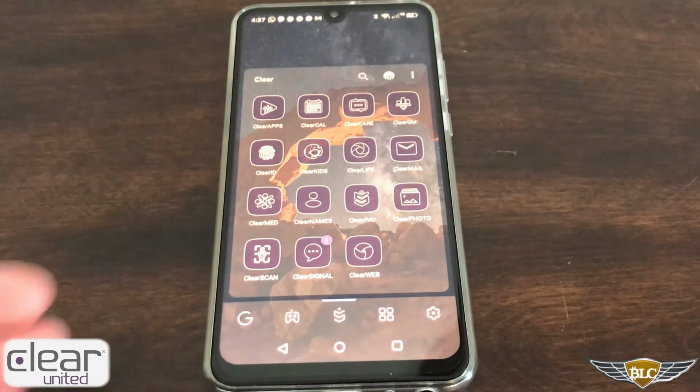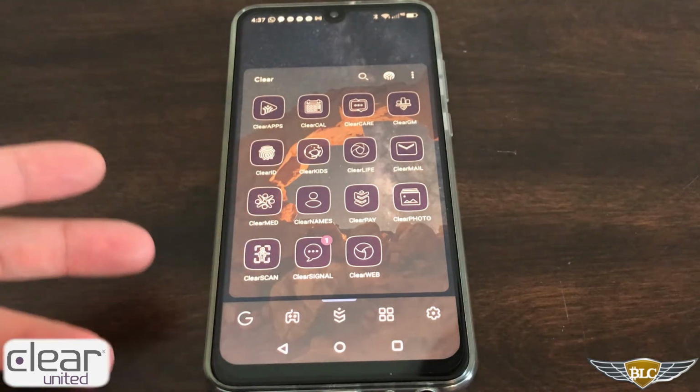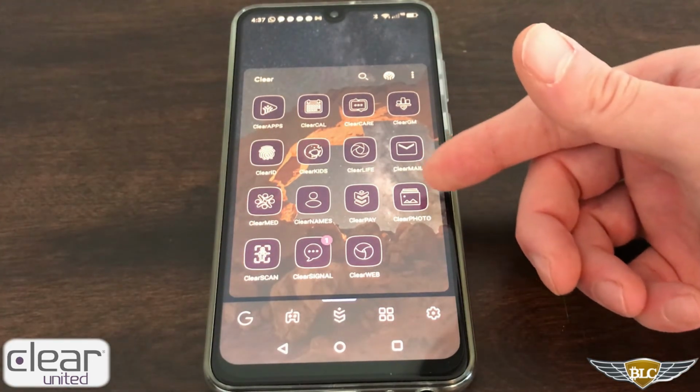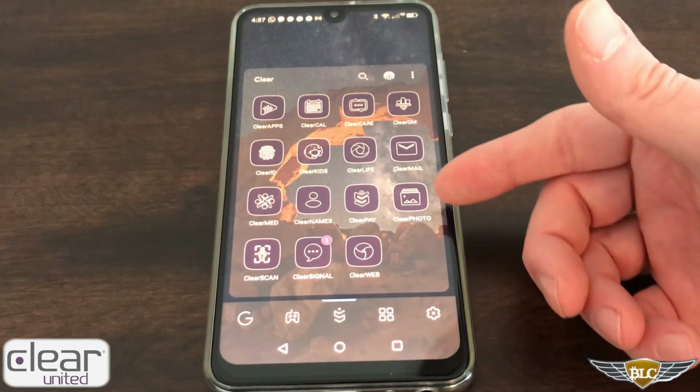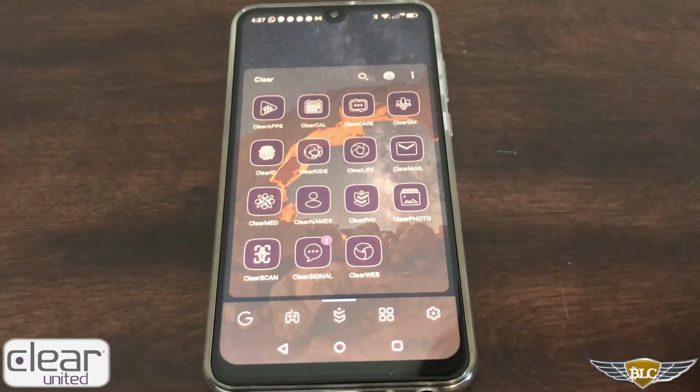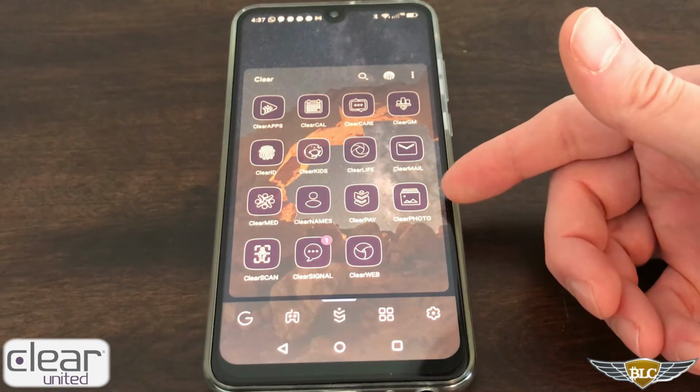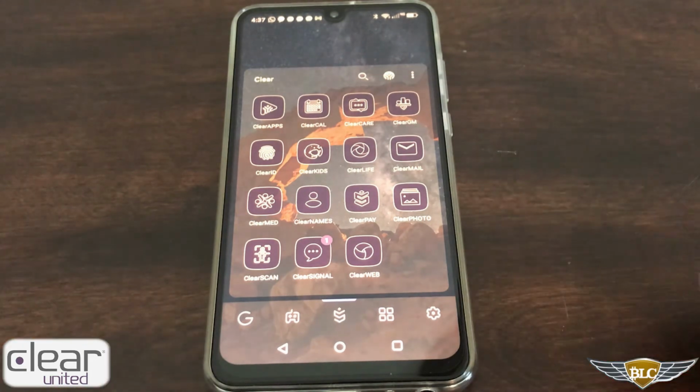All right, and that's why all of a sudden using apps like this becomes more realistic. You don't have to worry about whatever photos you collect on your phone. There's the Clear Photo app, so you don't have to be storing it with Google Photos or Apple Photos. Instead, you have the decentralized app on the decentralized phone.